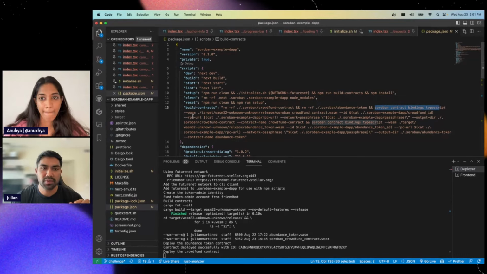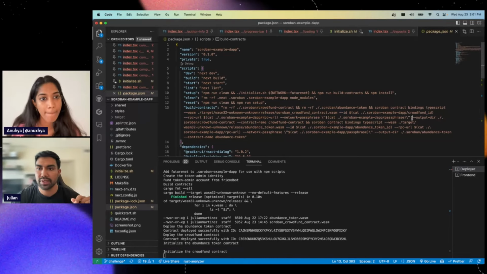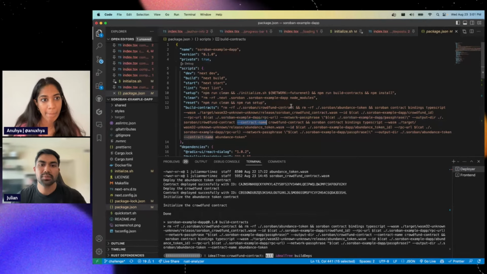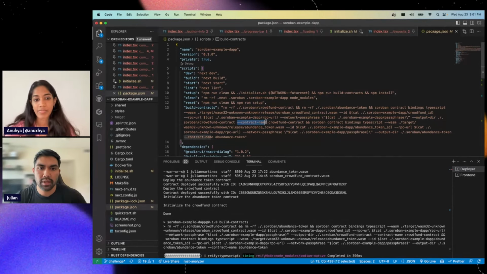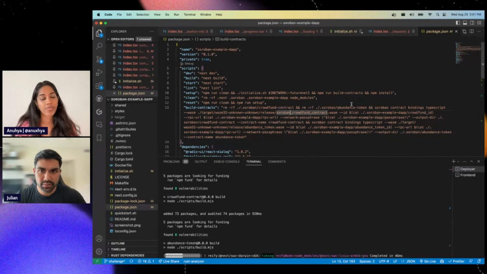We're going to specify some arguments here: the WASM file, the ID, which we recorded during the deployment, and then the RPC URL and network passphrase. We're going to give it an output directory, and then a contract name. Now, I do know that this tool is being updated. I don't think we're going to need the contract name in the future, but to answer your question, it's used